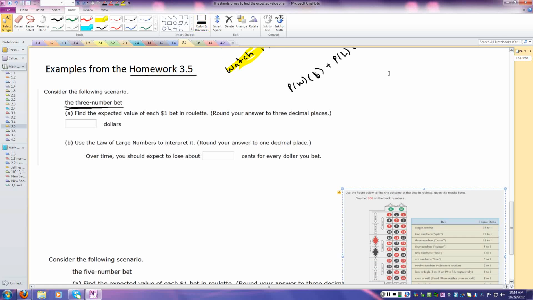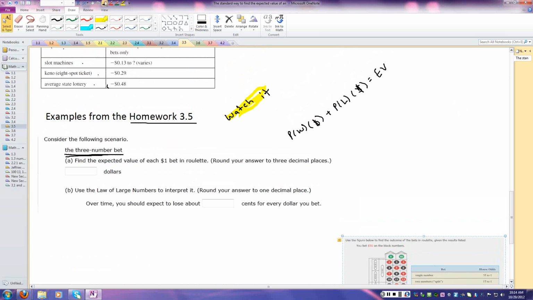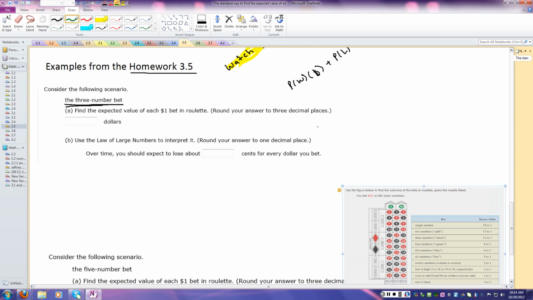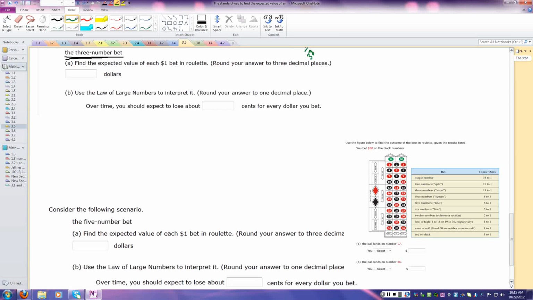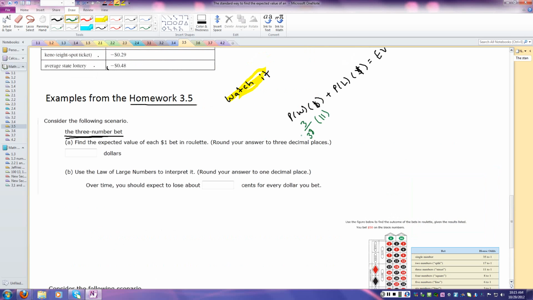So if I win, I get $11. So the probability I win in 3 numbers would be 3 out of 38, right? There's 38 spots on the board. There's 36 and then plus the 2 green, 0 and double 0. So 38 spots. So the probability I win in a 3-number bet would be 3 over 38 times 11